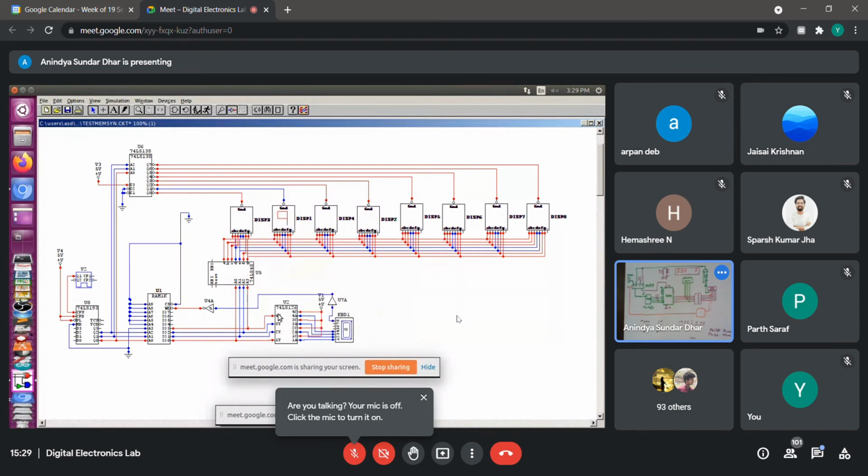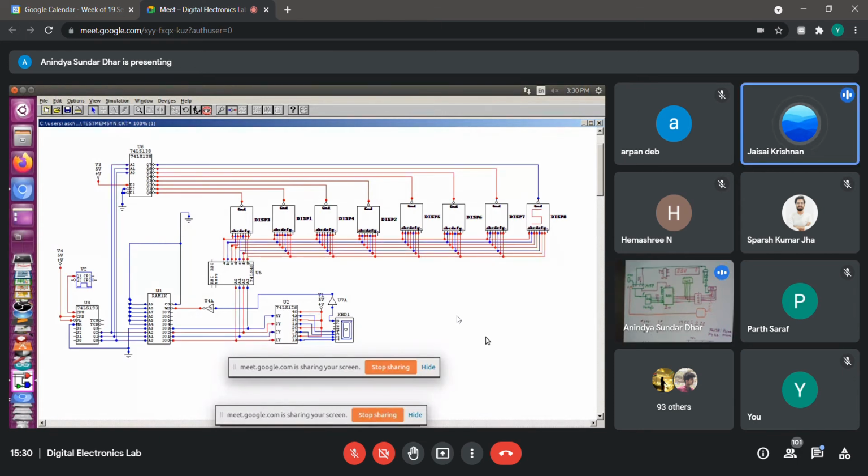Let us check the simulation speed too. Yes. But there is a small annoying effect. Do you observe that? Yeah, it shows some different digit. The left-hand neighbor, whatever it is supposed to display, is also getting displayed for a very small amount of time. So it may so happen that if the neighboring digit is 8 and the next digit is 1, it will appear mostly like 1, but the other segments which are not supposed to glow will glow at low intensity. It might not be visually disturbing depending on how much intensity I get, but you may actually have to get rid of that.